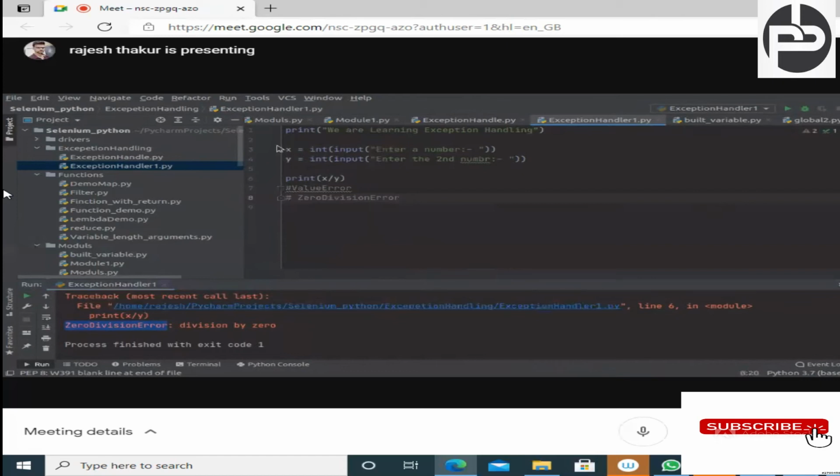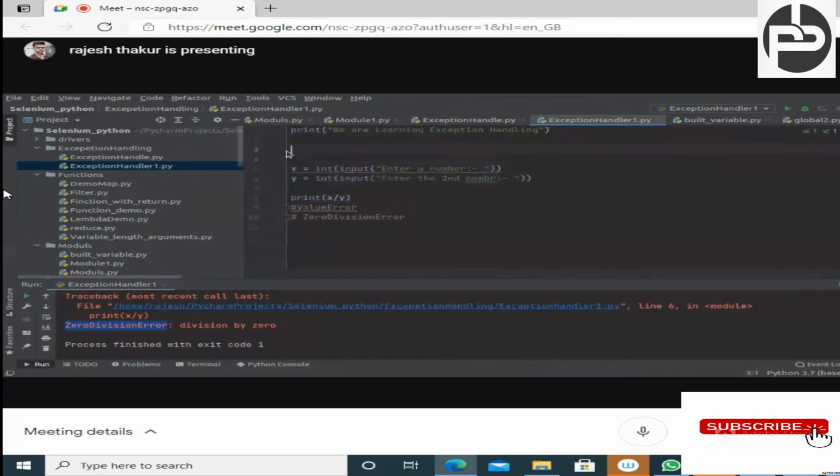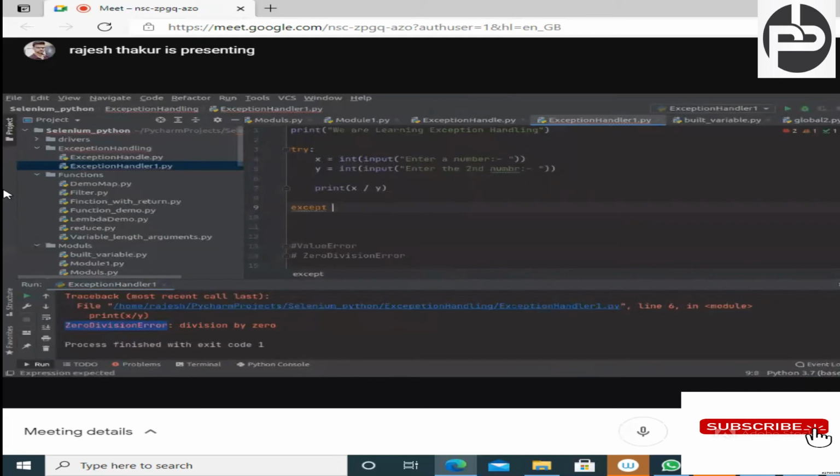Now this block of code, we can write inside a try and except block. Inside this try and except block I'm going to paste it with Control X and Control V, that's all. Now what kind of error might occur?